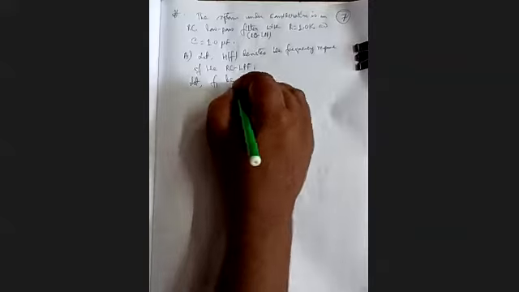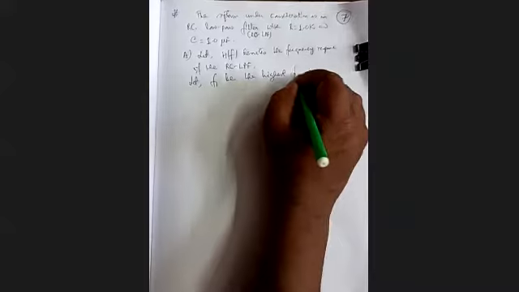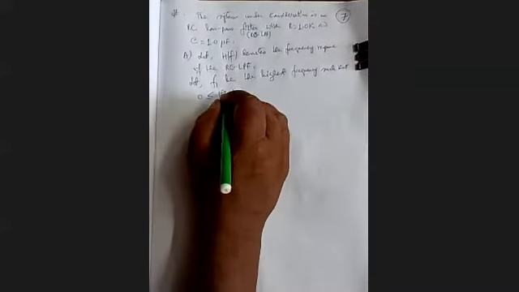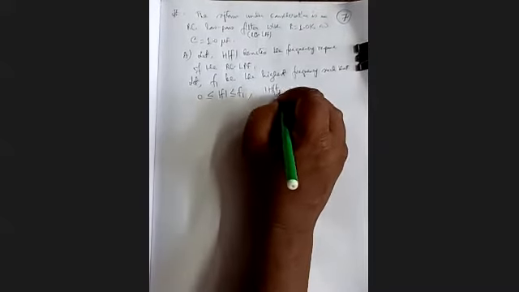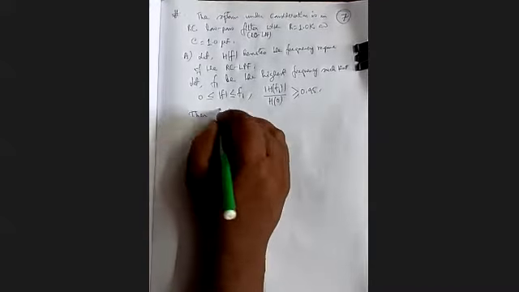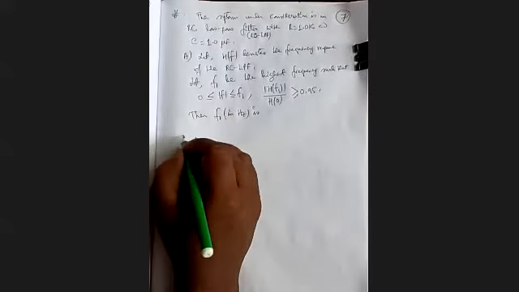Let F1 be the highest frequency such that for F in between 0 and F1, mod of H(F) by H(0) is greater than or equal to 0.95. Then F1 in hertz is,